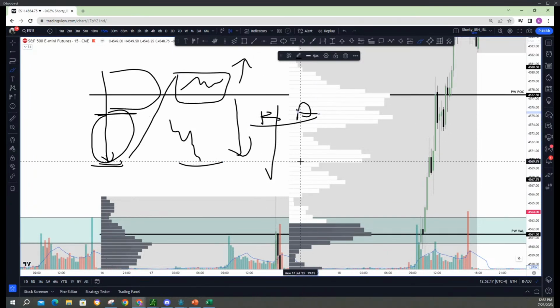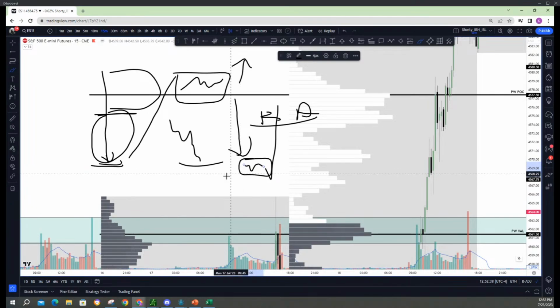Where do passive buyers show up? Does anyone remember? Are the passive buyers in the bid or in the ask? Ask. Passive buyers, yeah, they're on the bid because they're waiting for it to come down. So when you see a tail like that, that means a long-term buyer had the order sitting here, a large quantity. And as they reach their order, remember,